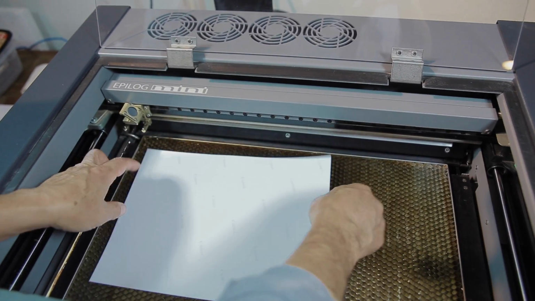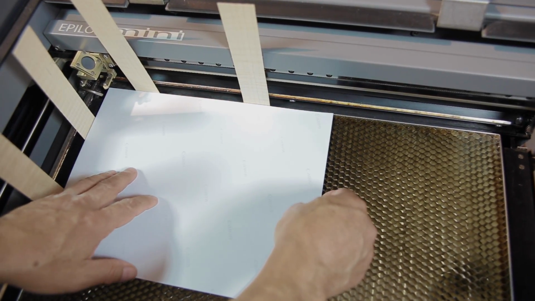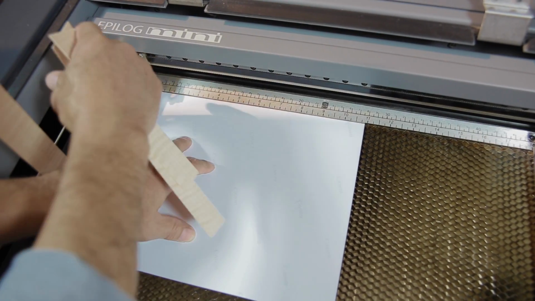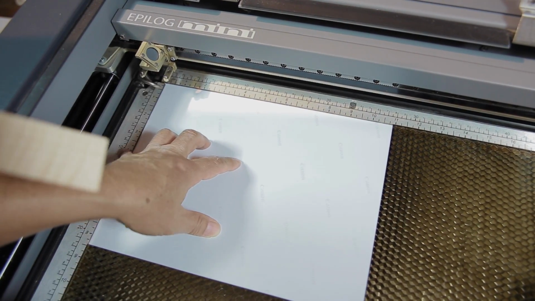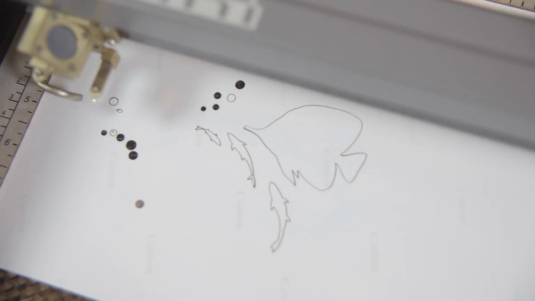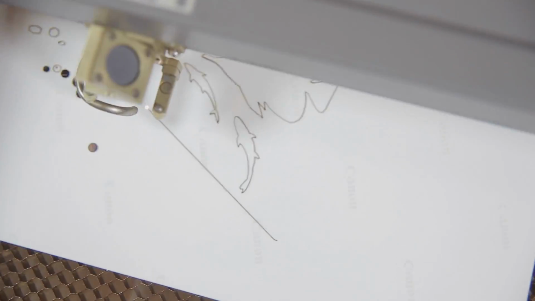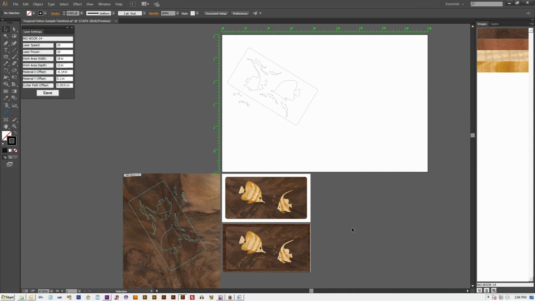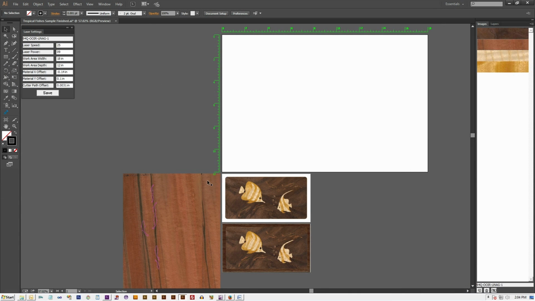Before placing the veneer sheet on the laser bed, we flipped it over and slid the sheet toward and against the 4 stoppers with the veneer's label positioned at the top left corner of the honeycomb tray. The laser is now cutting out the shapes on the negative side of the veneer. This will ensure that the dark, burnt edges around each piece will be hidden when viewed from the positive side of the finished product. To cut the rest of the remaining veneer sheet, we just repeat the same procedures.